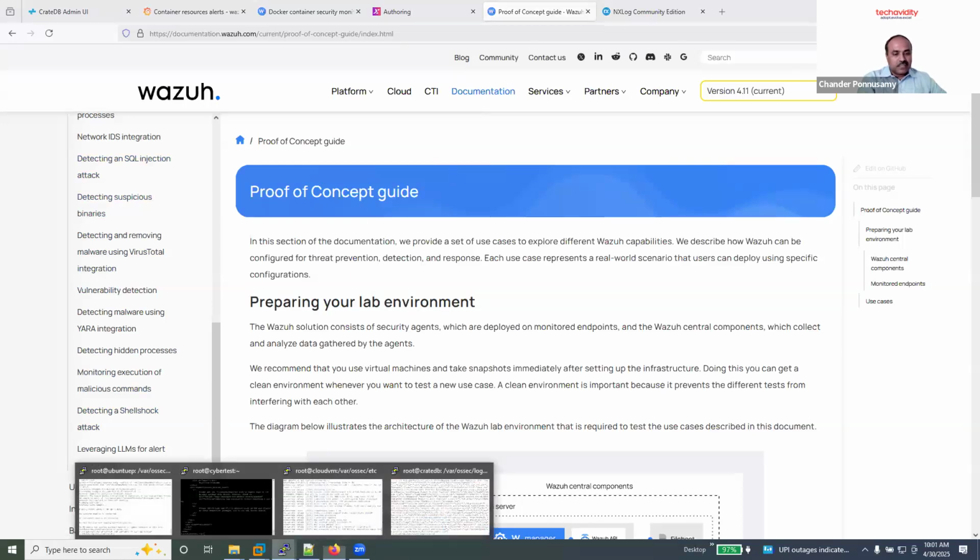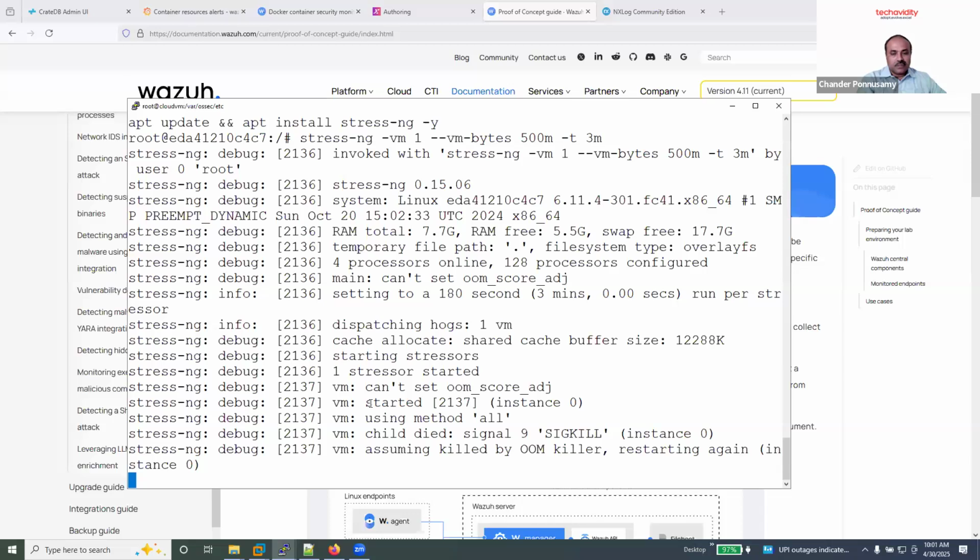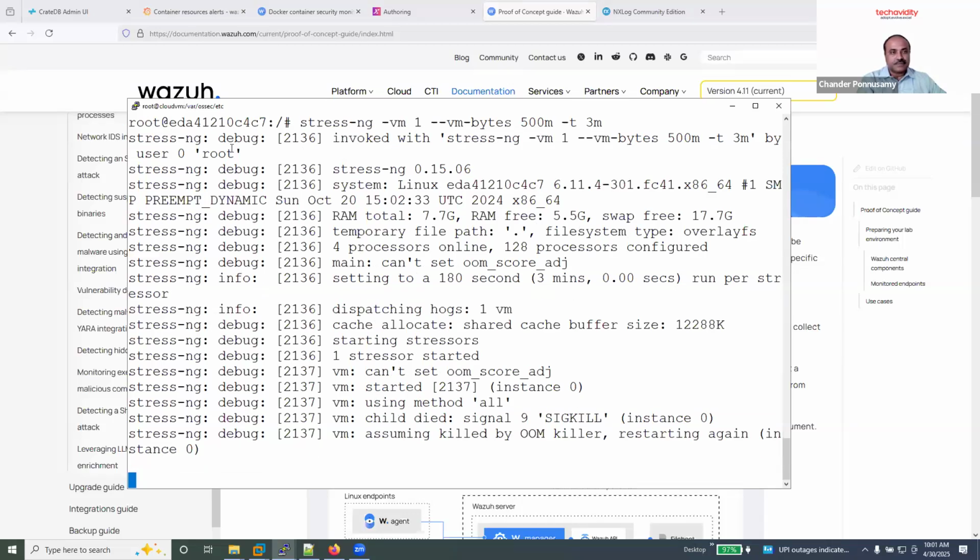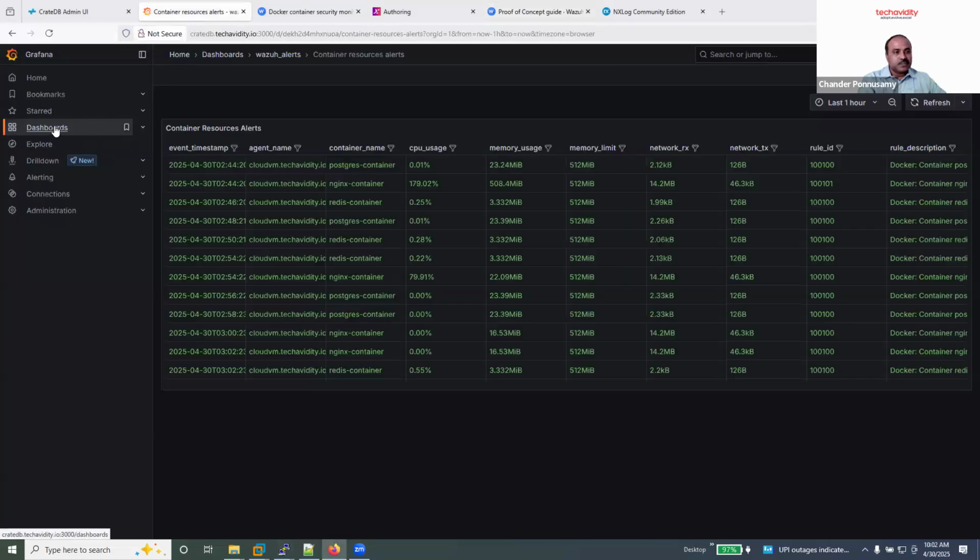Let's go back to the Chromium. It's still running. Now if we go back to the dashboard,